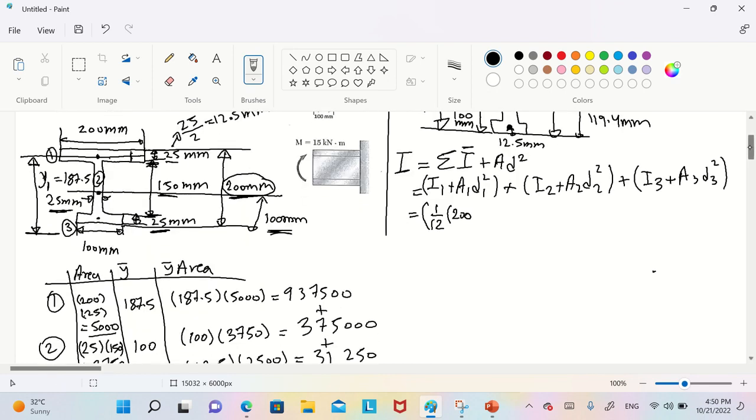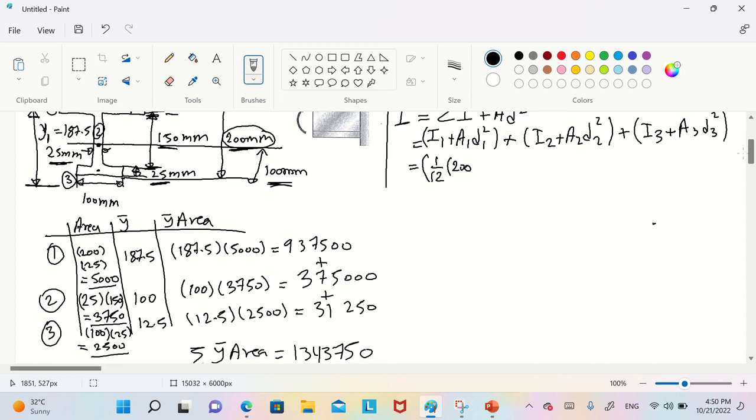You can take from the schedule from here. 200 multiply by the 25 cube plus the area that we get from the first one, 5000, multiply by the distance. Now for the distance,